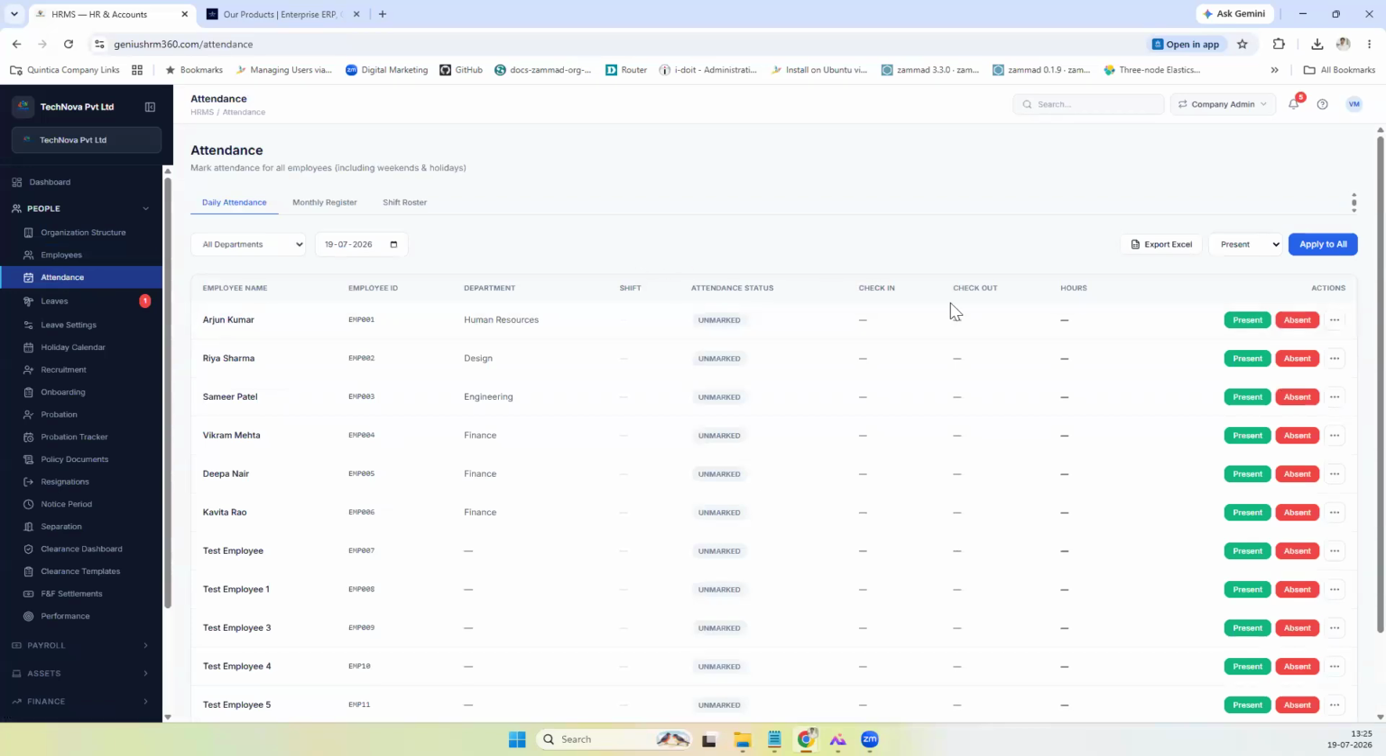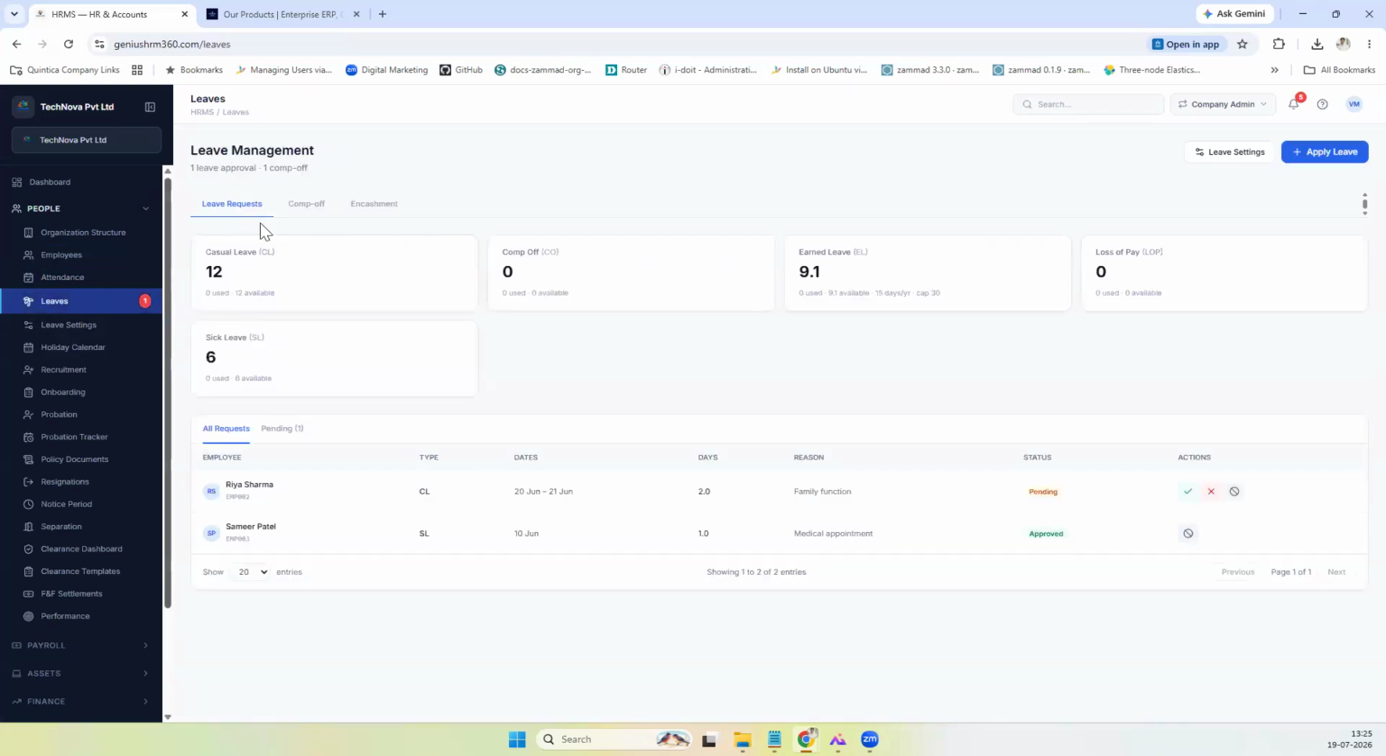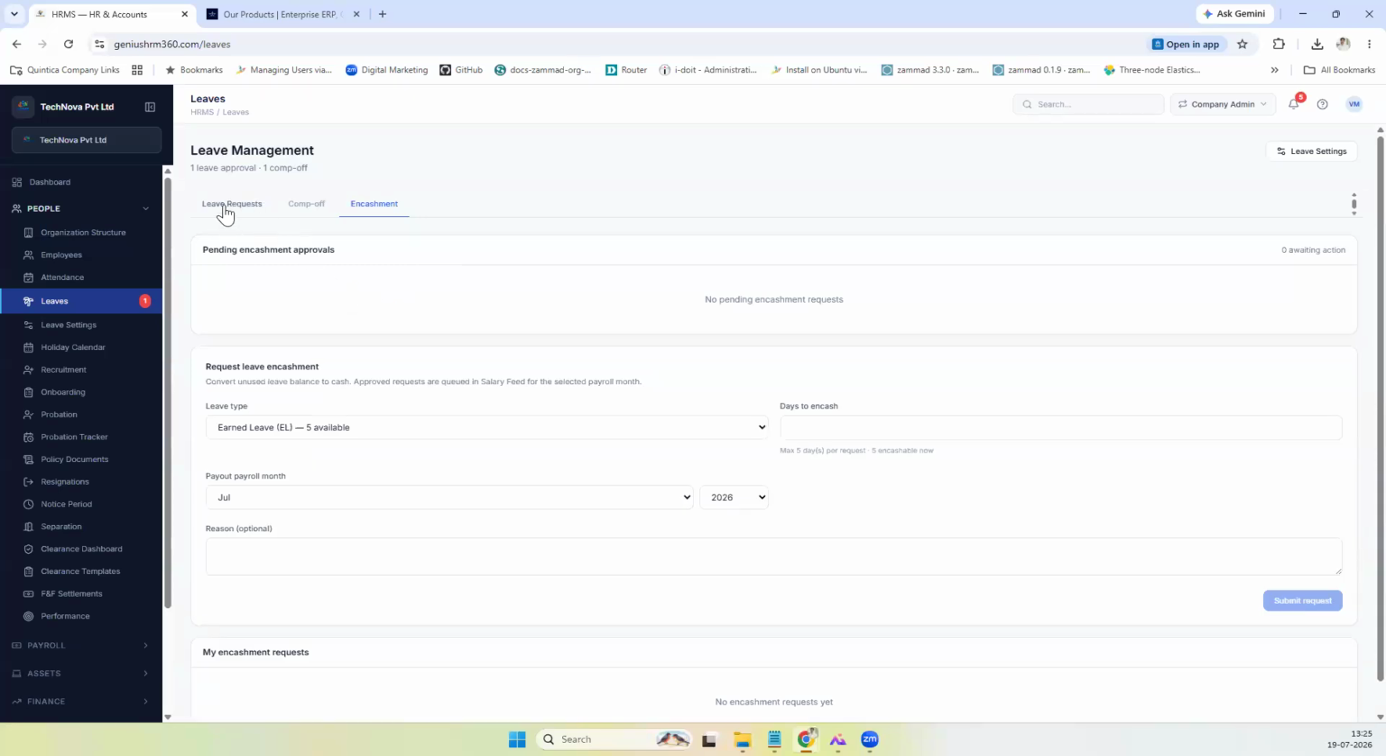This is attendance, where you can mark bulk attendance, or in case you have an attendance system, we can integrate check-in time, check-out time, and total hours. So that's how we can do attendance, and the leaves can be monitored here. How many leaves are requested by employees, and comp leaves, encashment, how much they are eligible for, all those things can